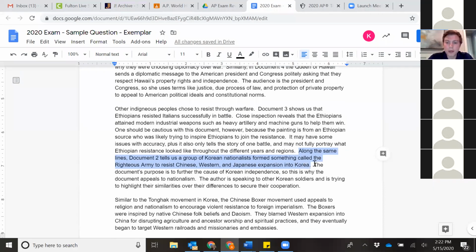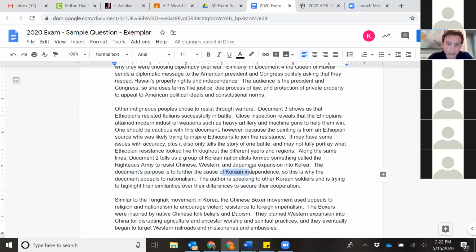2. So I said here, the document's purpose is to achieve Korean independence. So this is why it's appealing to nationalism. What the author is doing is they're speaking to other Korean soldiers who may be of a different religion or different political group, but here, this Tonghak group is appealing to nationalism. They're trying to highlight the similarities between them and other Korean groups rather than their differences to secure their cooperation